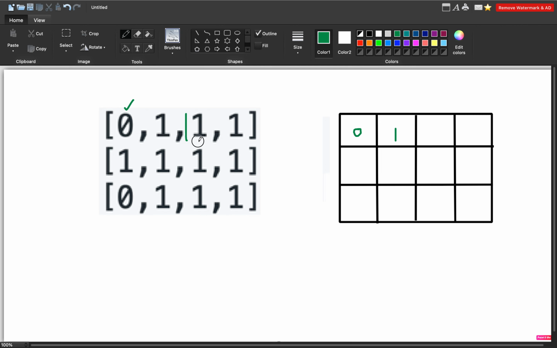Similarly for this one, I'll put 1. For the next also, I'll put 1. Similarly, for this one also, I will put 1, since it is the right bottom corner of the square which is formed.